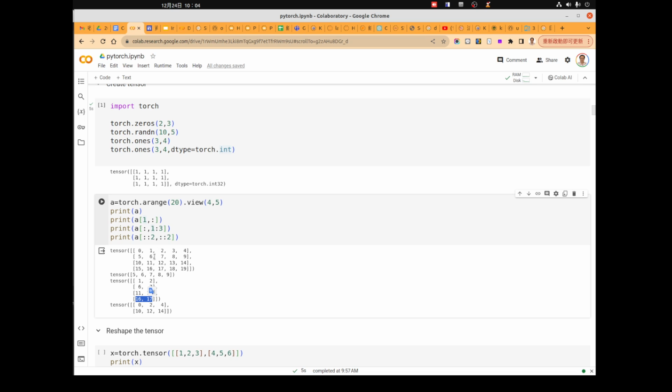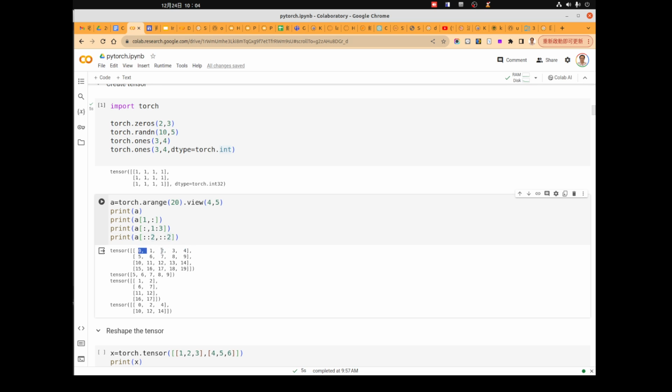Okay, and the last one is the most complex one. We get elements by step 2 here. So we get row 0 and step 2, so the next one is row 2. So it's this row and this row. For the column we do the same thing: we want column 0, column 2, and column 4.